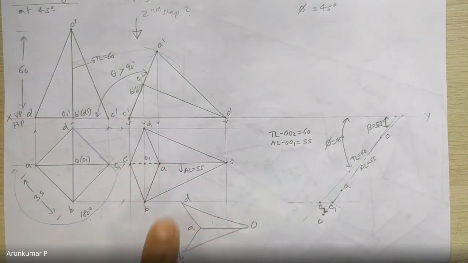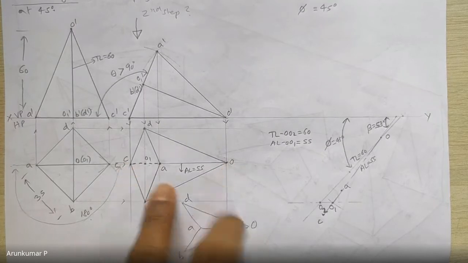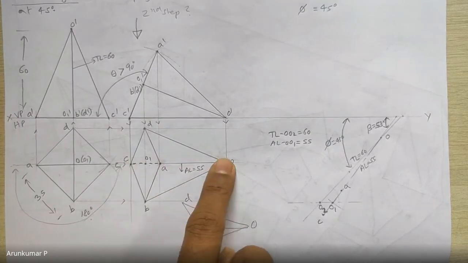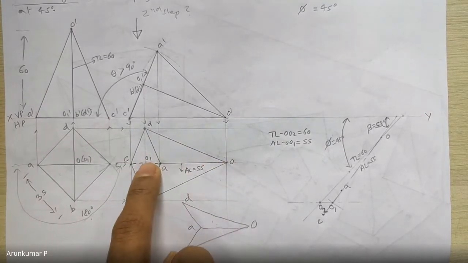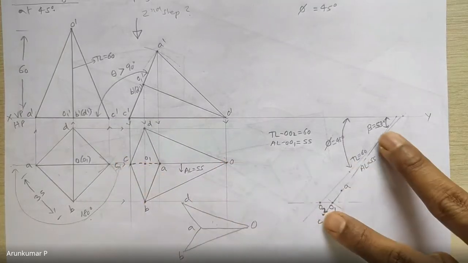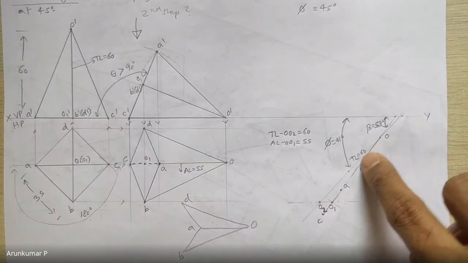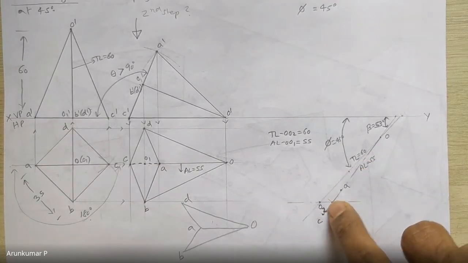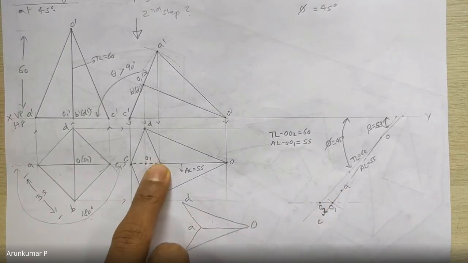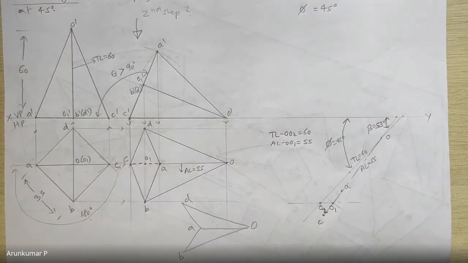So I hope you can make the inference. On the same line, you have O, you have A, you have O1, you have C. So that I have inclined it here. So O, A, O1, C on the same line. A and C are 10 mm to the left and to the right of O1 as you have here. So this is how I can easily locate A and C with the help of the scale. Now to locate B and D, I need the rounder.